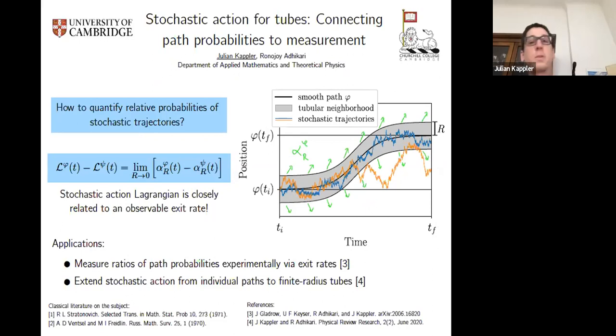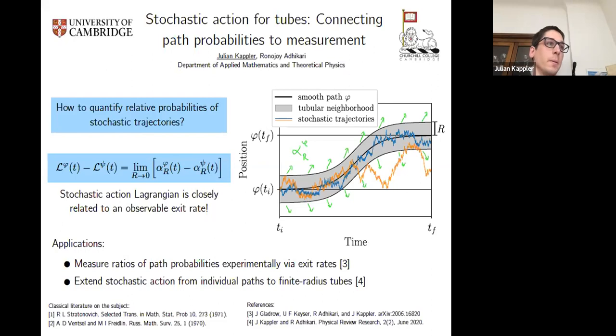Great. So hi, my name is Julian, and my poster is about quantifying relative probabilities of stochastic trajectories. For this, we consider tubes around smooth paths. In the plot on the right, you see a black line, which is a smooth reference path, and the tube around it is shown as a gray shaded area. The x-axis is time and the y-axis is position. Of all the stochastic trajectories that start inside the tube on the left side, some stay inside the tube at all times, like the blue one,